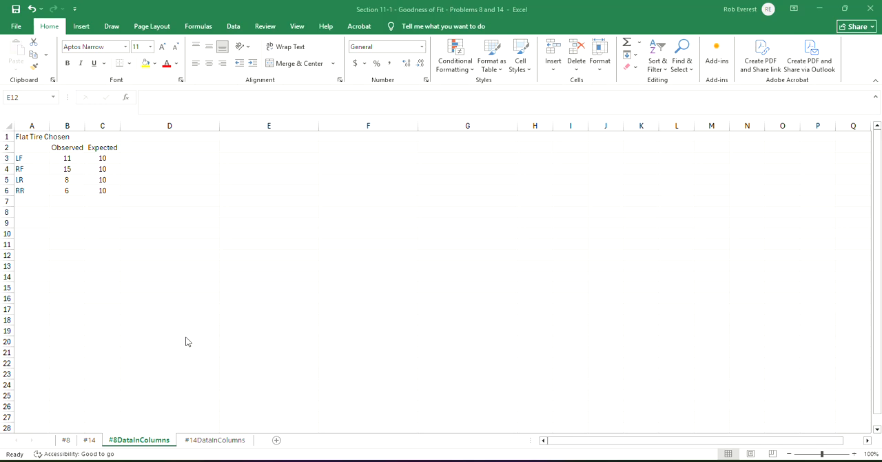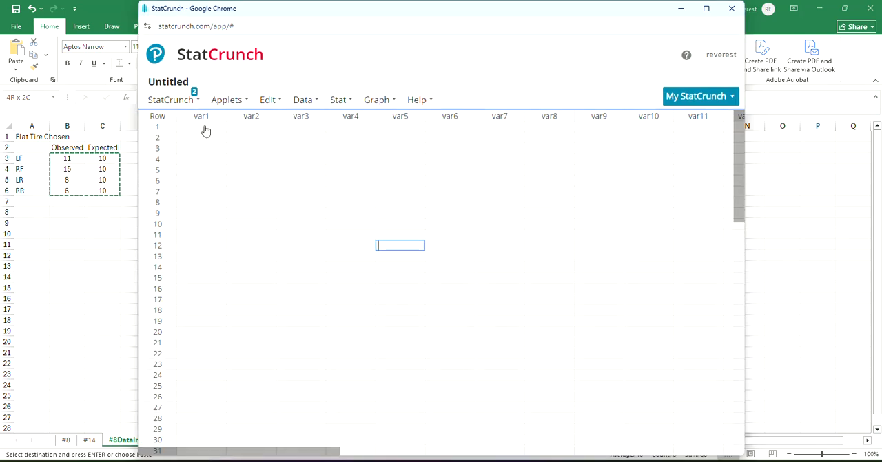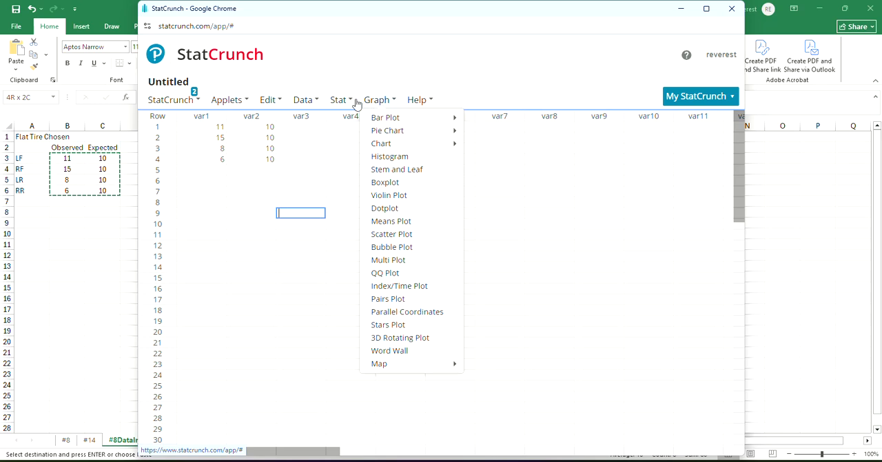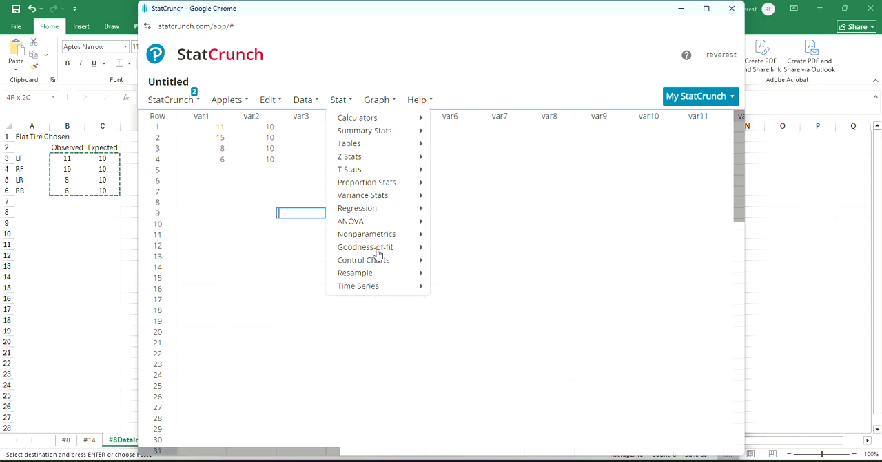All right, this video will show you how easy it is to use a chi-squared goodness of fit test using StatCrunch. So once you've grabbed your data for observed and expected and copied that and then pasted it to StatCrunch that needs to be open, in order to perform this chi-squared goodness of fit test,